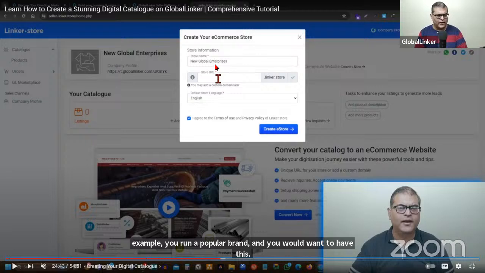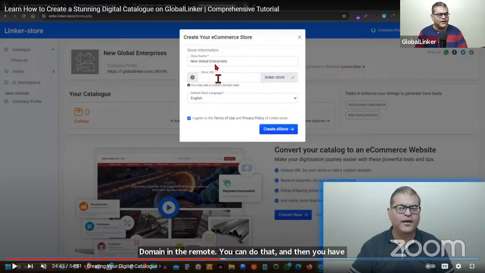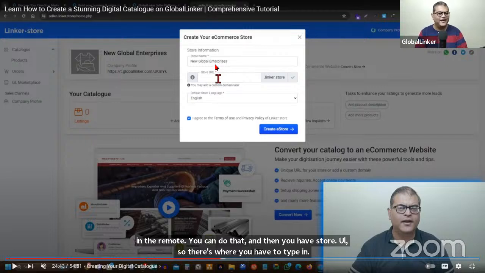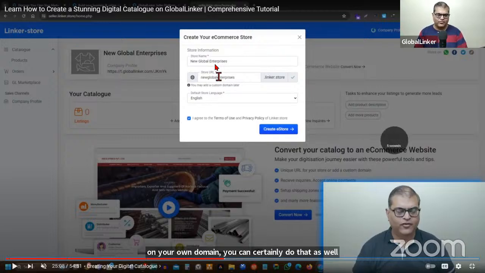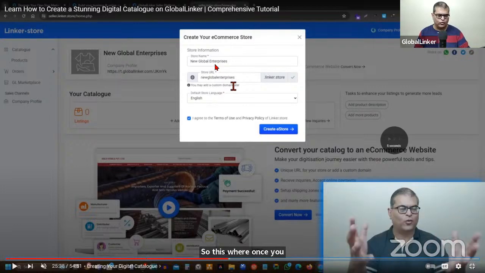And then you have the store URL. This is where you have to type in your business name without space or any special character. And once the website is ready, if you want to take it live on your own domain, you can certainly do that as well. Once you have added the information, click on create store,